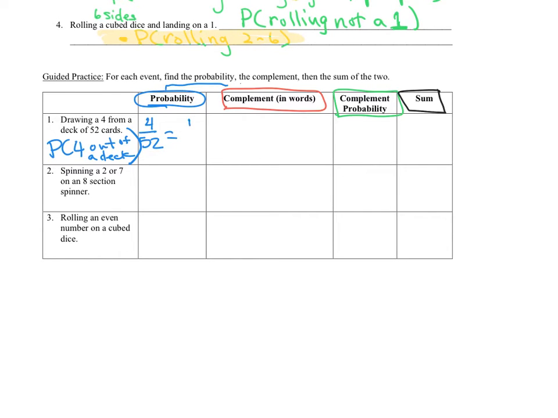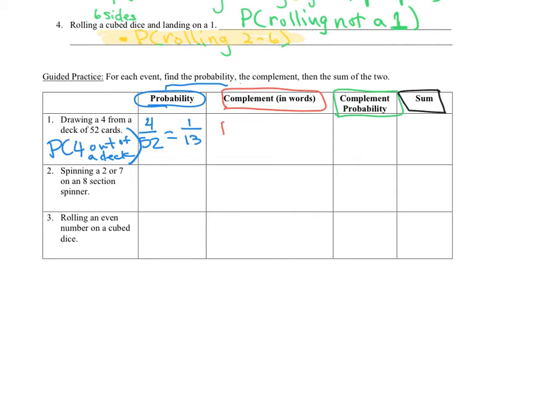Remember we said there's 4 parts. 2 reds are 13 each, that's 26, and 2 sets of black are 13 each. So if we're drawing a 4 from a deck of cards, I know there's a 4 in each color, 2 reds and 2 blacks, and that can reduce or simplify to 1/13. So the complement of that is